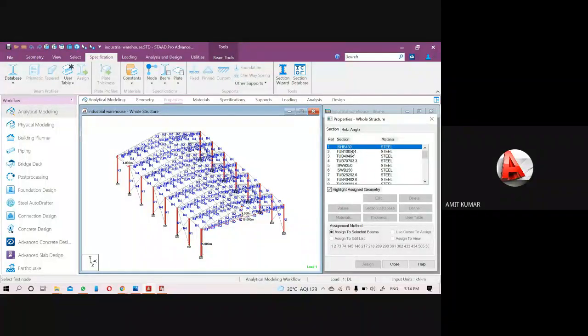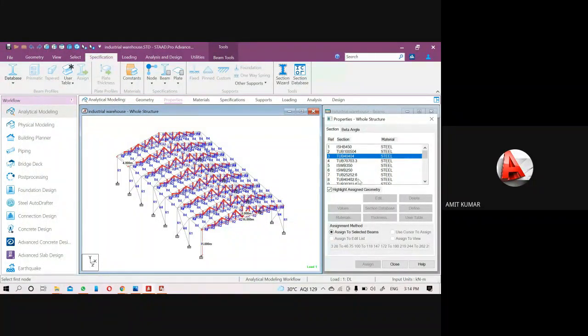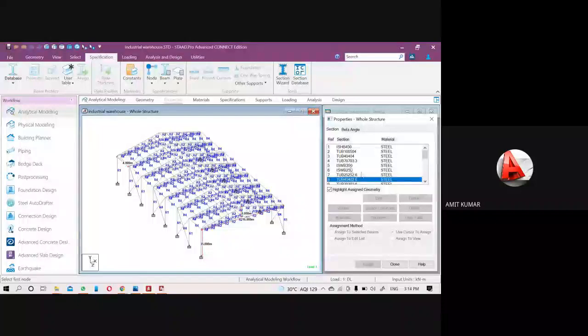And tube 8044 and 4044, that is here. For the strut I add the tube 4044. And tube 8044.